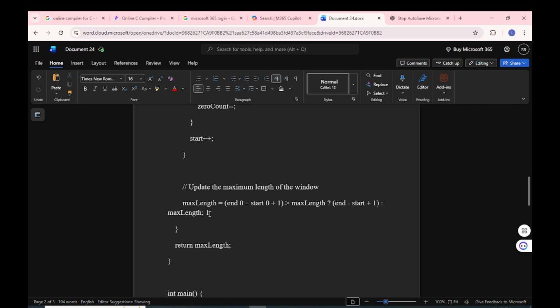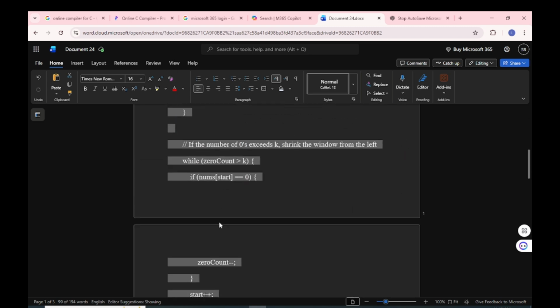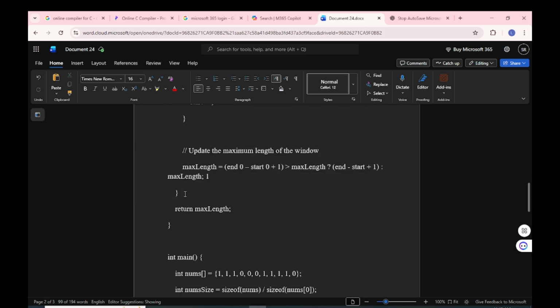Okay, you can write it here too. I'm just trying to show you how this works. Okay, and outer for loop. Okay, so now